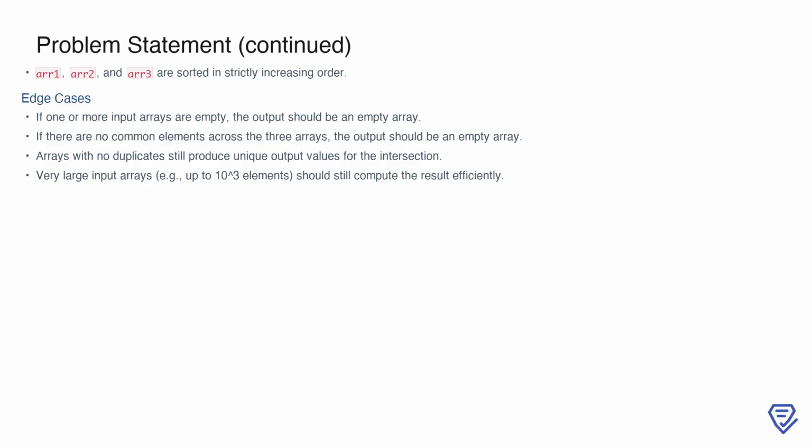Regarding edge cases, if one or more of the input arrays are empty, the output should be an empty array since no intersection is possible. Similarly, if there are no common elements across the arrays, the output will also be empty. Even for arrays without duplicates, the output should still contain only unique values from the intersection. Lastly, the solution should be designed to handle large input sizes, up to 10 cubed elements per array, while maintaining